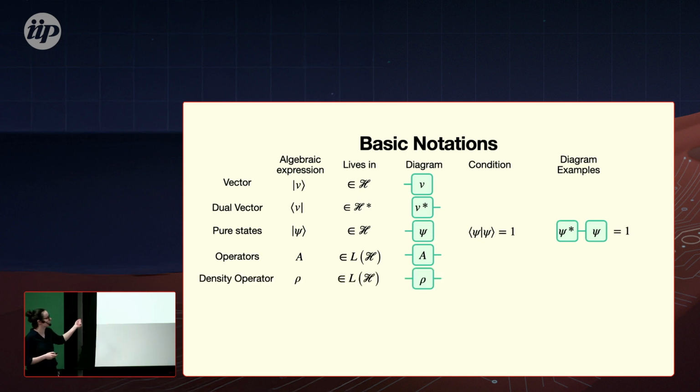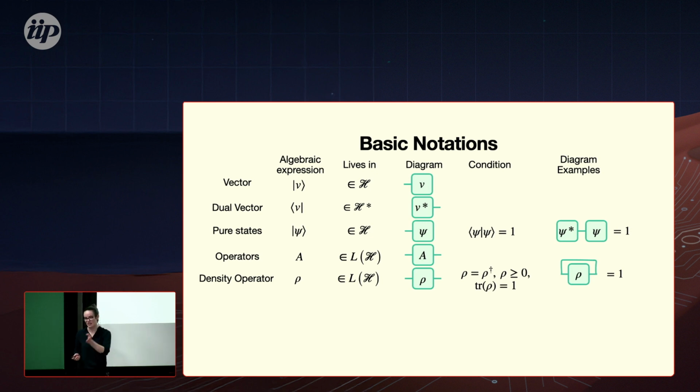So for example, we have the density operators. These are a special case of these linear operators. Namely, they have three conditions. They need to be Hermitian, so rho equals rho dagger. The trace needs to sum up to 1. Again, the diagonal can be interpreted as probabilities. And it has to be positive semi-definite, meaning that the eigenvalues cannot be negative. In our diagram language, taking a trace means that we have to connect the input and the output leg and then contract over that index. Again, this is a number because it does not have any legs that we can connect to and sum over.